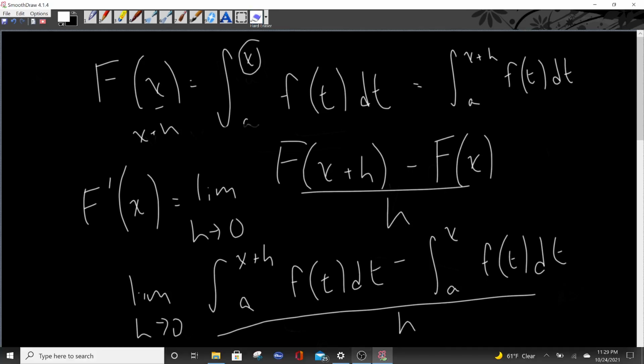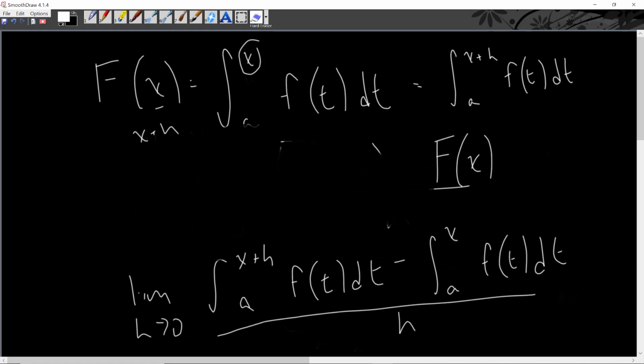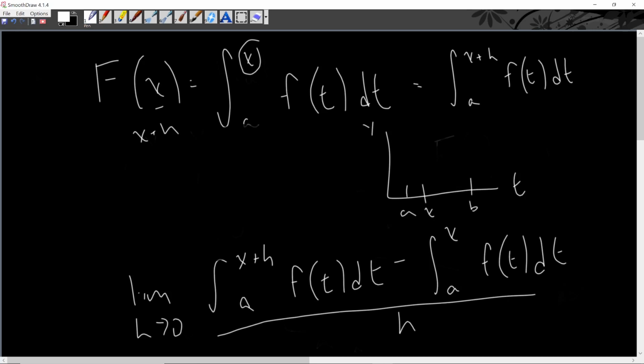So I'm actually going to draw this out to make sure that these ideas are communicated properly. Let's again say this is y, t, a, b, this is x, and then this is x plus h. Now if we have this function, y equals f of t, and we say that this is the area under the curve from a to x, and this is the area under the curve from a to x plus h, then if we were to subtract this,